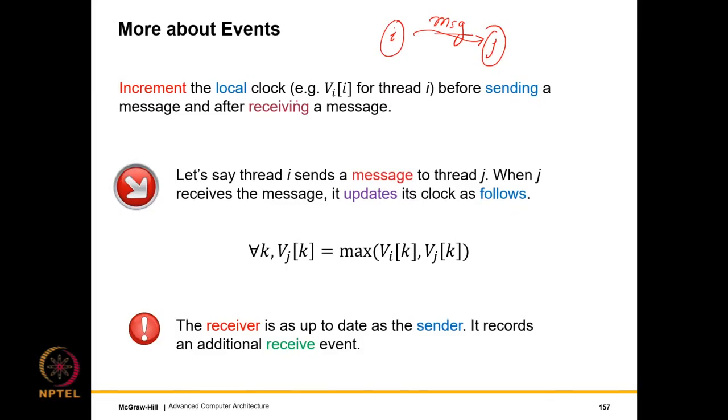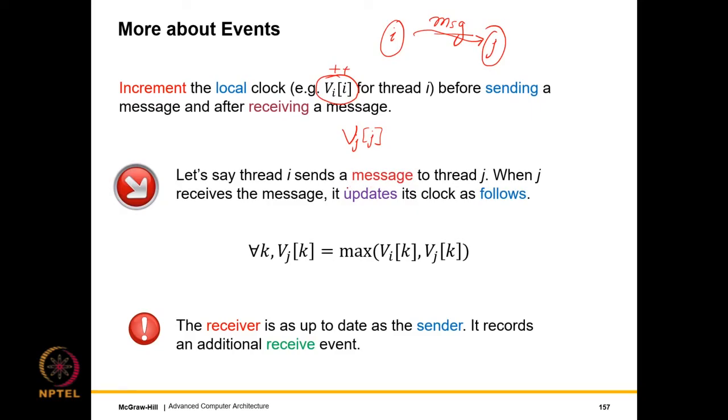So what we do is we increment the local clock of I. For example, we increment VII. Whatever was its value, we just do a plus plus. This indicates that we are starting a new event. This is done anytime before sending a message. So before sending a message, increment the clock, and after receiving a message, J would also do that for VJJ. So anytime there is either a message send or a receive event, we increment our local clocks, which are VII and VJJ respectively.